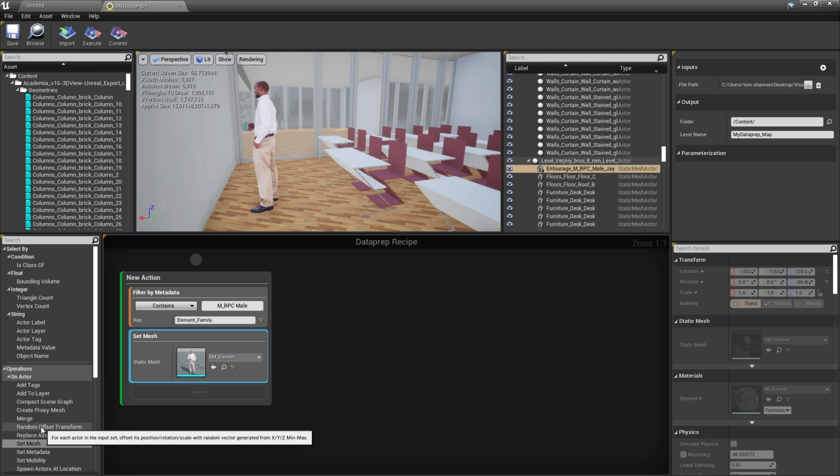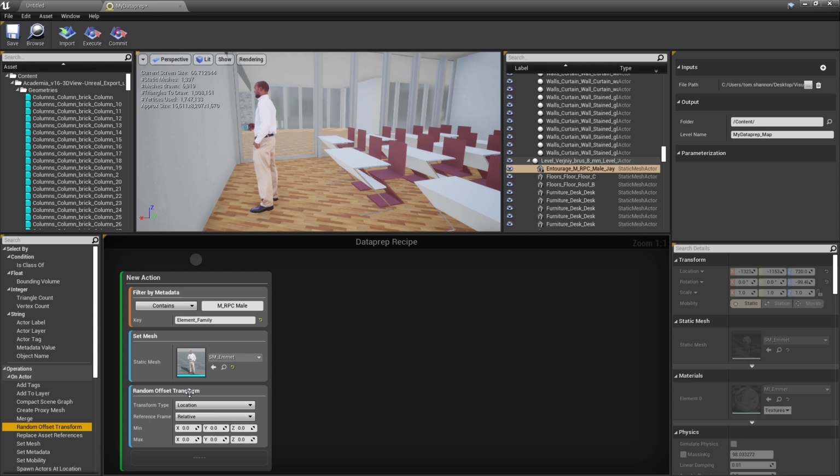We're going to do that with the random offset transform, which seems a little weird, but stick with me here. We're going to set the transform type to rotate, and then we're going to set the minimum and the maximum both to 180 degrees, which will be less than random. We will pretty much just turn 180 degrees. And again, we'll click execute to see what happens.